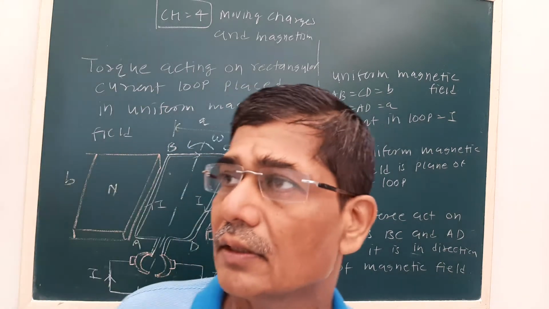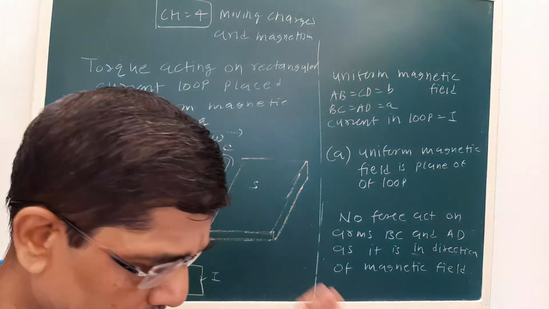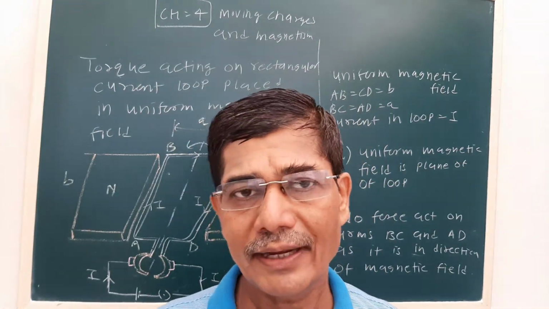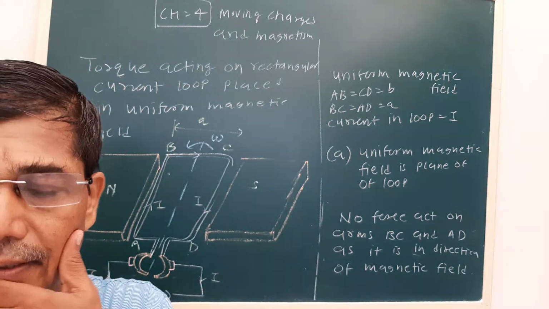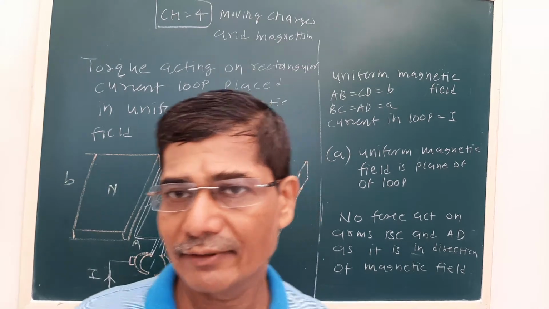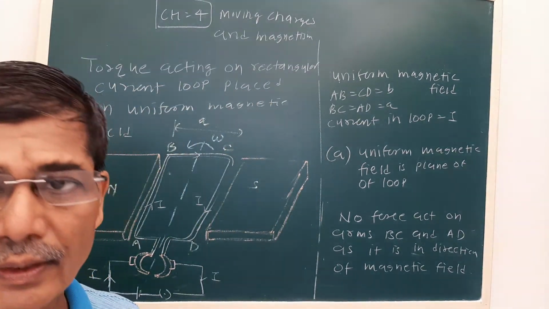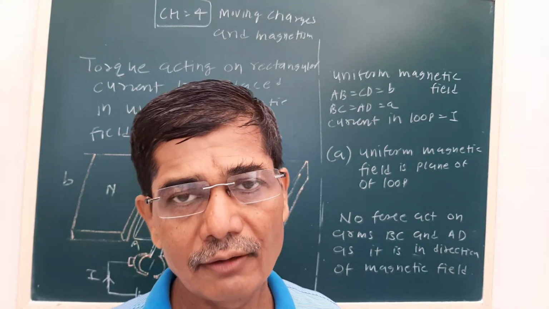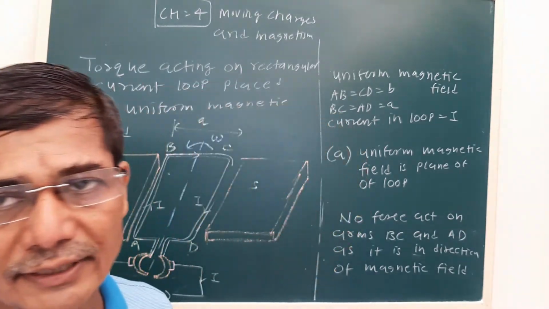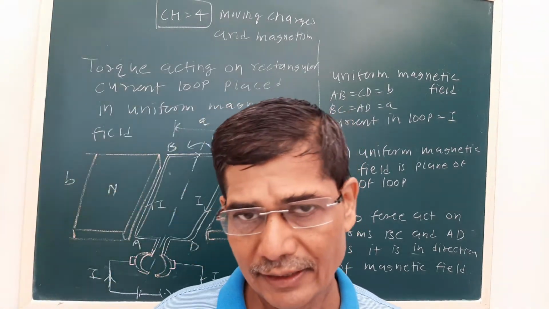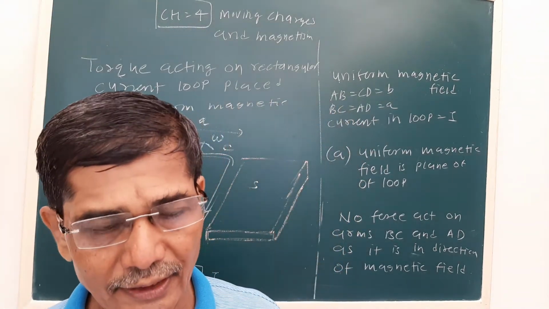Dear friends, last time we studied the orbital magnetic moment of an electron revolving around the nucleus. We also derived the equation of force acting between two infinitely long current carrying parallel conductors, and by using that we gave the definition of 1 ampere current. So we know the ampere is the SI unit of electric current.